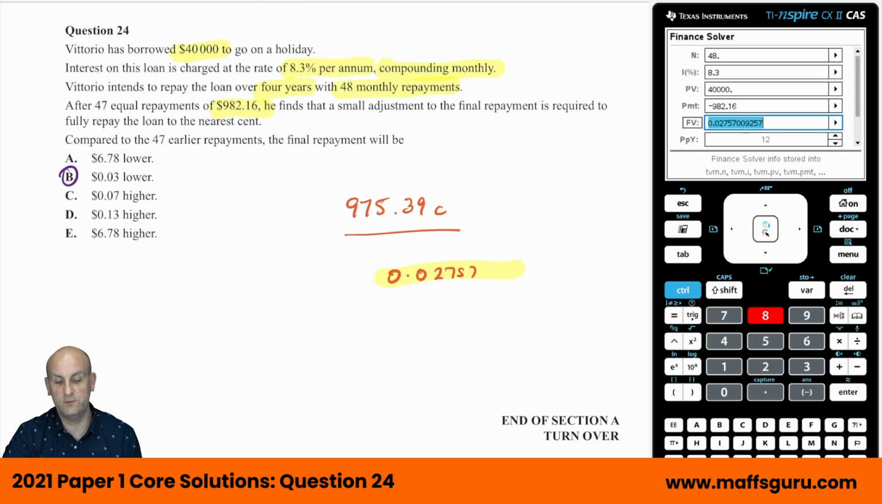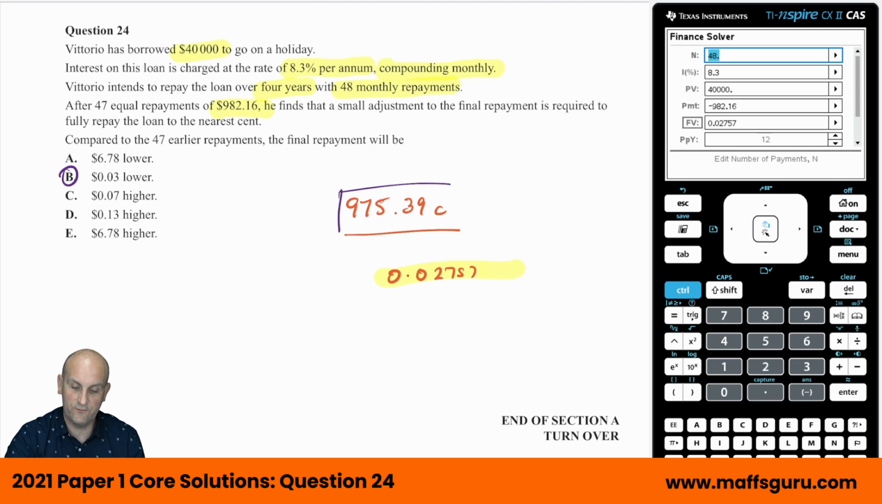A lot of people get tricked with this question because they go, oh, 47 payments. But what you got to realize is that the money he still owes, that $975, he's still going to be charged interest on for that last month. And a lot of people get tricked on that. Okay, so understanding the number of months and payments higher or lower is going to be really, really important. And that, ladies and gentlemen, is the end of section